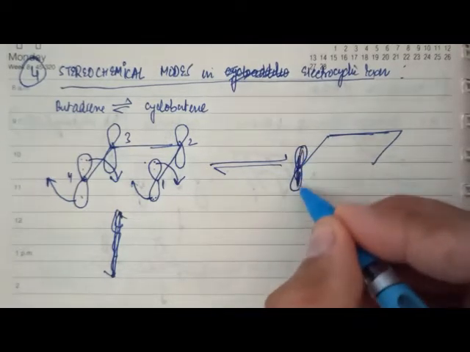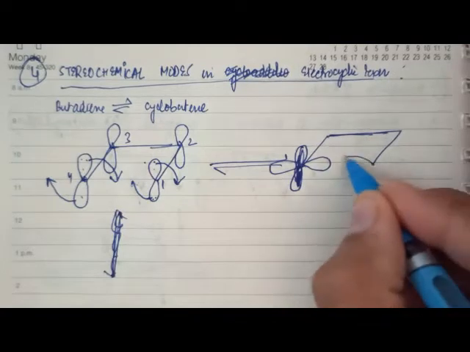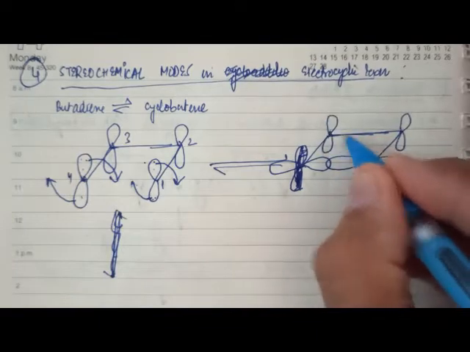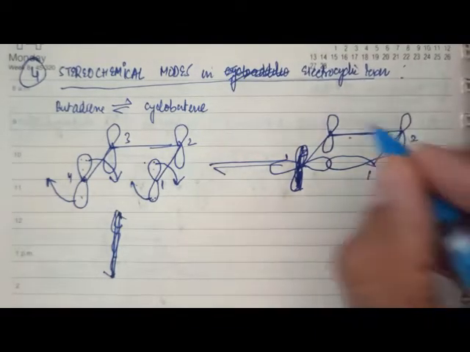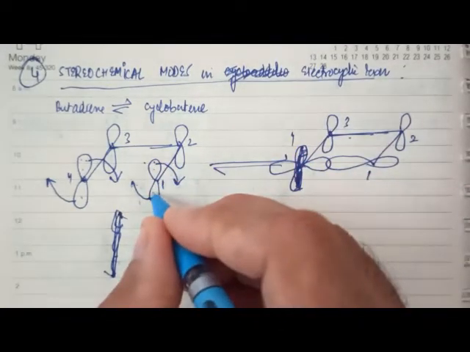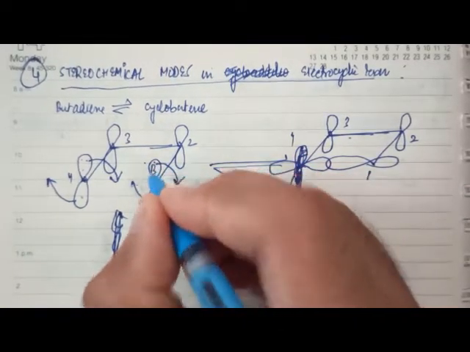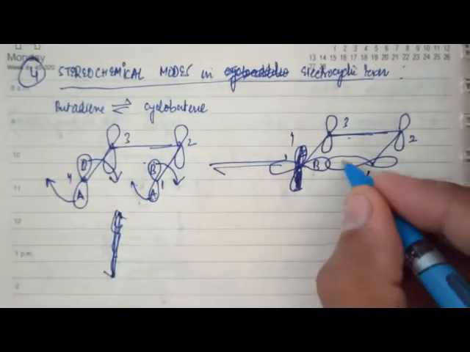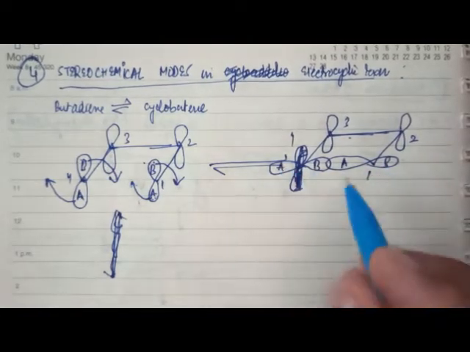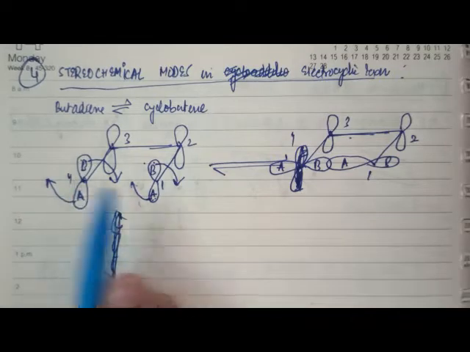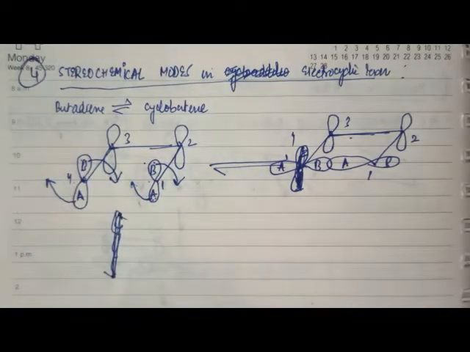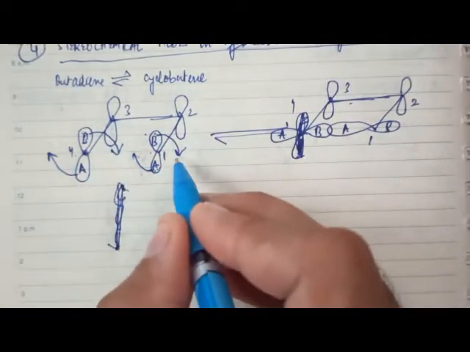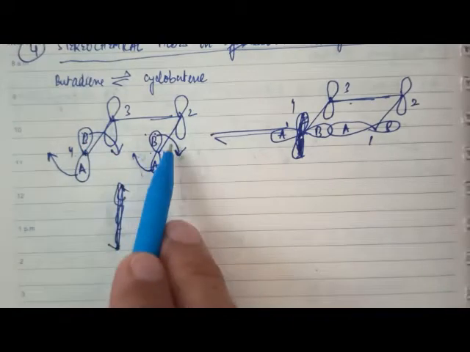So the result will be something like this. Please forget about that. Don't consider this one. This is 1, 2, 3, 4. If I call this, let's say, A and this B, what has happened? This one was B, this one was A, this one was B, this one was A. That means it has happened in such a way that the terminal lobes of the conjugated polyene system move in the same direction. Similarly, this is moving clockwise, and this is also moving clockwise.